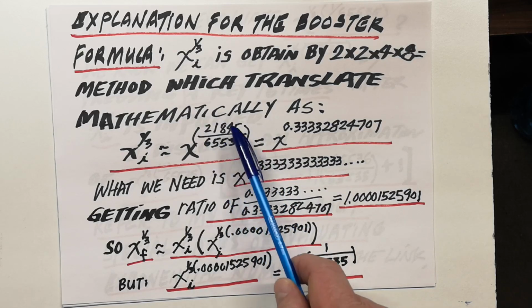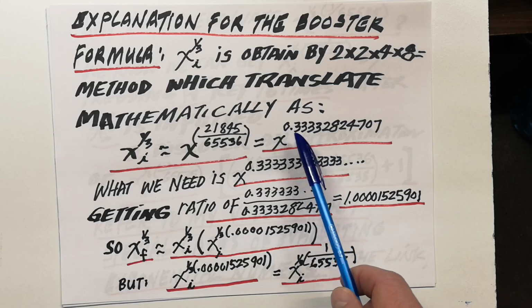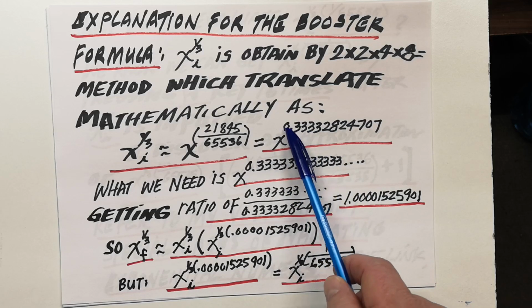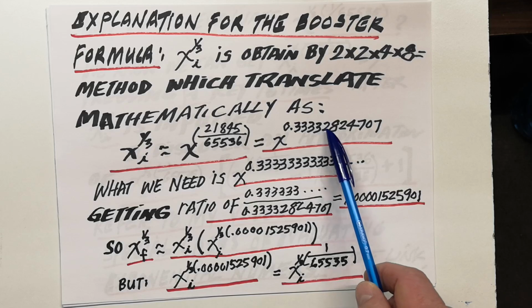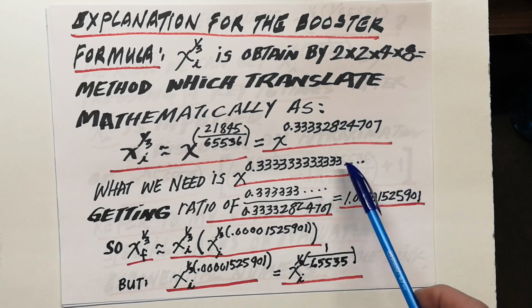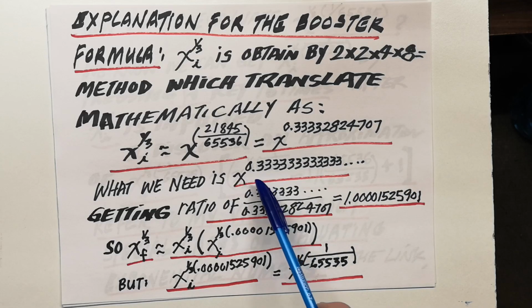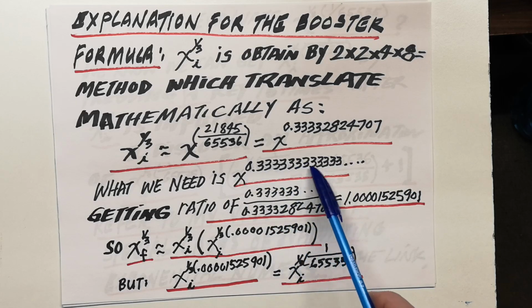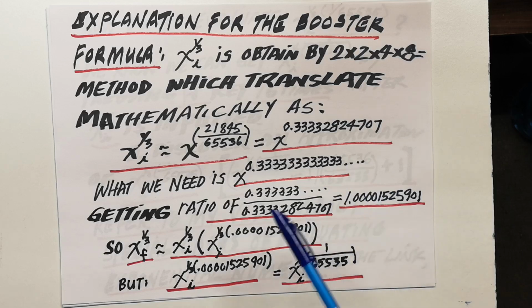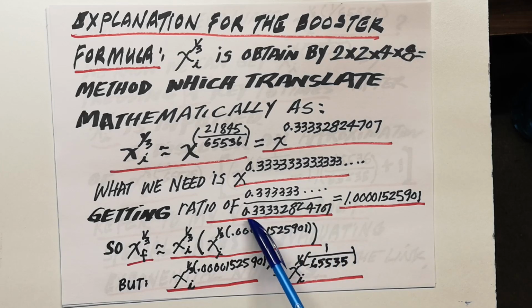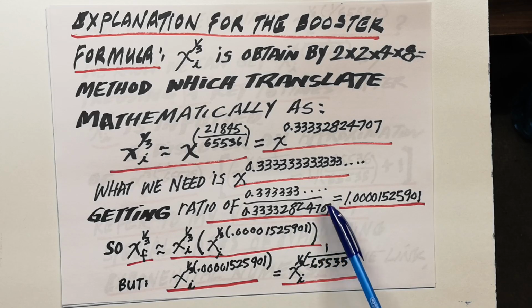That is the power, which in decimal form is x raised to the 0.333328244707, very close to 1/3, which is 0.33333333. So getting the ratio of 0.33333 divided by 0.333328244707